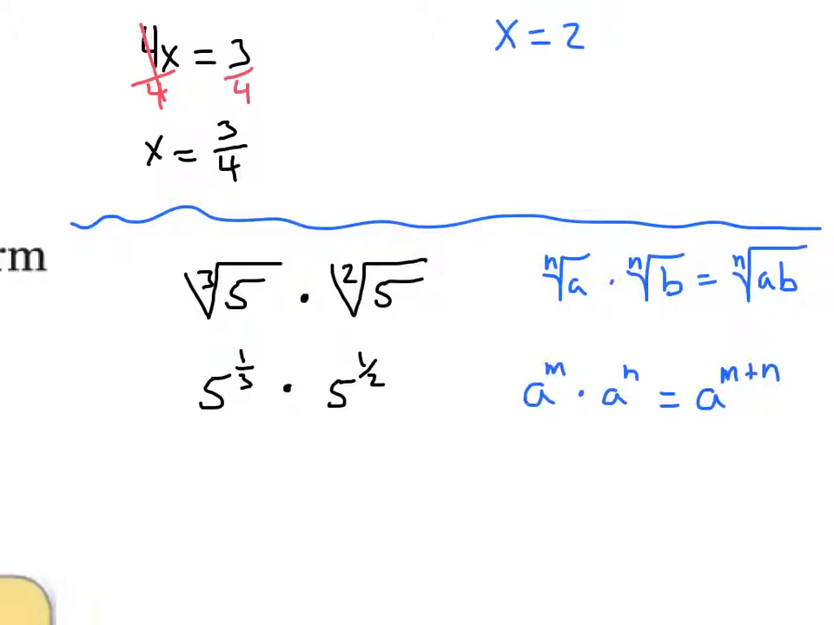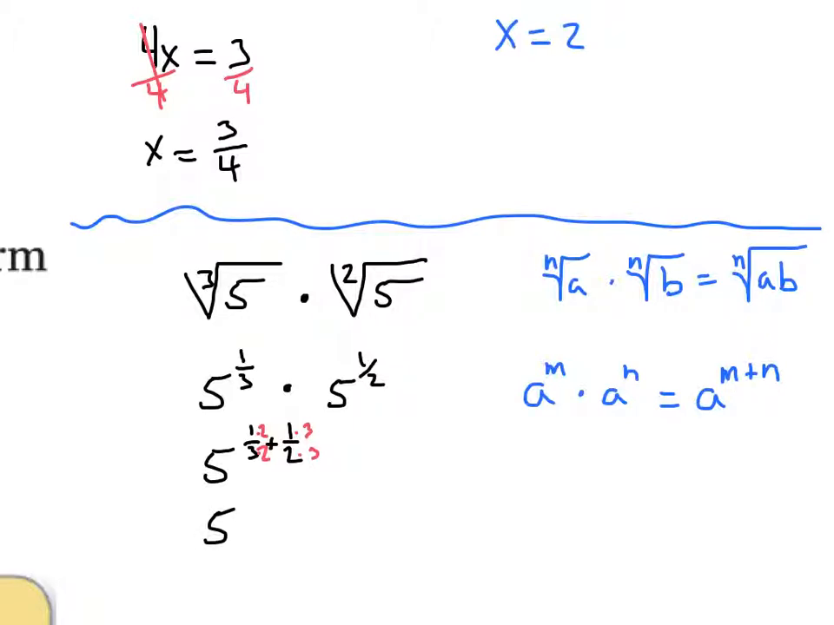Right? So, looking at this, we need to add our exponents. So I'm going to have 5 to the 1/3 plus 1/2 power. So if I'm adding 1/3 and 1/2, anytime I'm adding fractions or subtracting fractions for that matter, what do I need to have? A common denominator. So what would my common denominator be here for 3 and 2? 6. So that means I have to multiply the top and bottom of my first fraction by 2, and I have to multiply the top and bottom of my second fraction by 3,